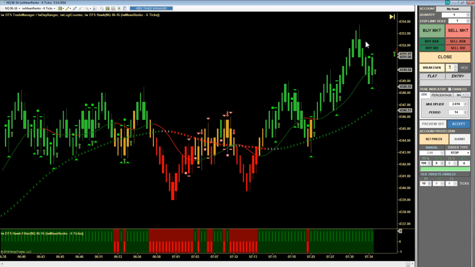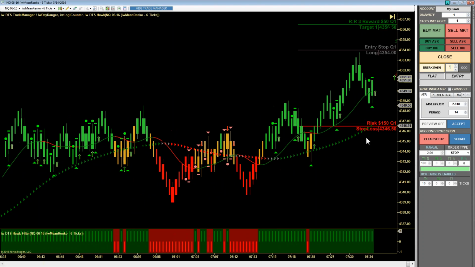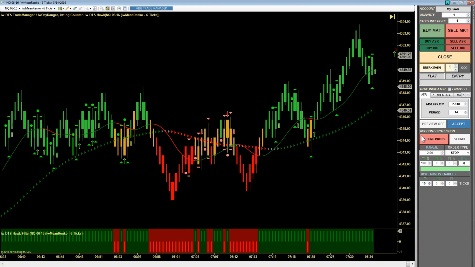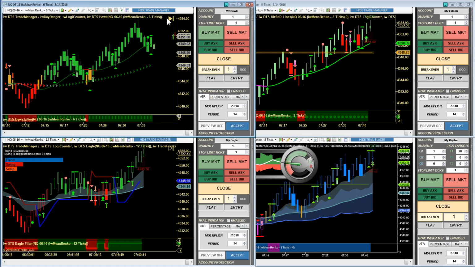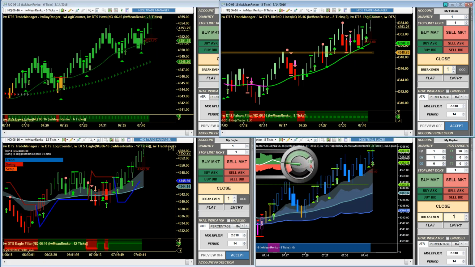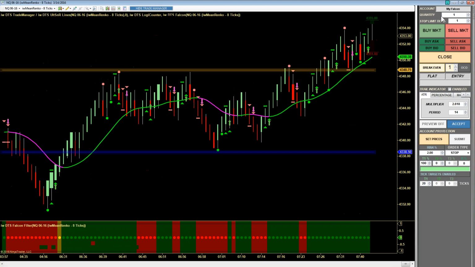See, if we looked at taking this signal, it's the same thing. Why would I enter above there? That would make no sense, because if I took the signal here, you can see I would give up my entire profit objective before I even get my entry. And of course, the same thing is true of the Falcon also,